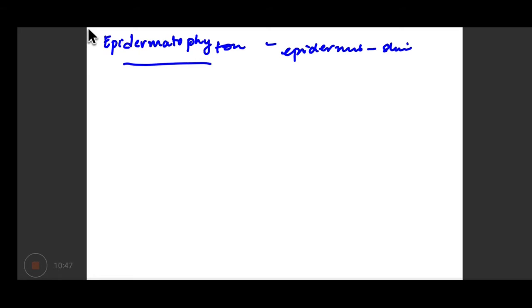Right? So now the second is Epidermophyton. Epidermophyton, as the name suggests, affects the epidermis, that means the skin, and it affects the hair. Okay? So in Epidermophyton, you don't see any microconidia, they are very rare, but there are very characteristic macroconidia that you will be able to see, and these are